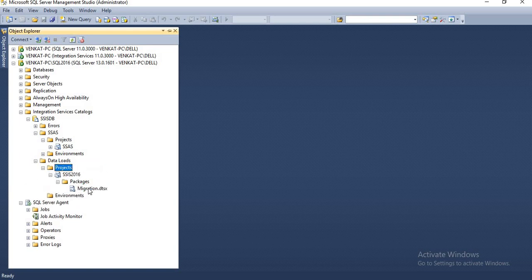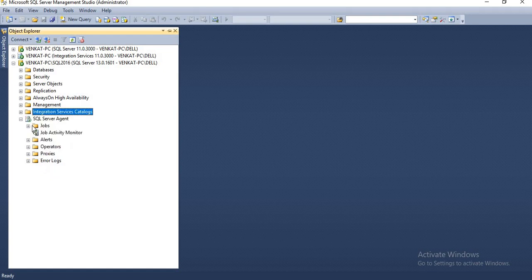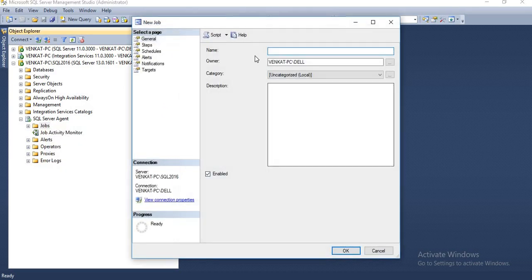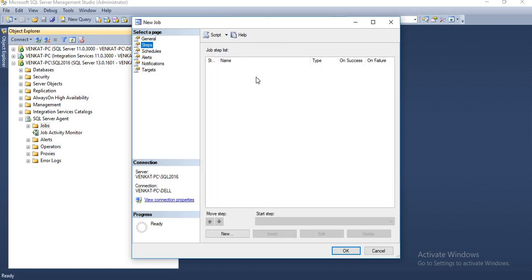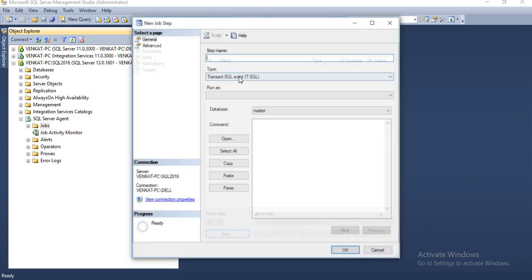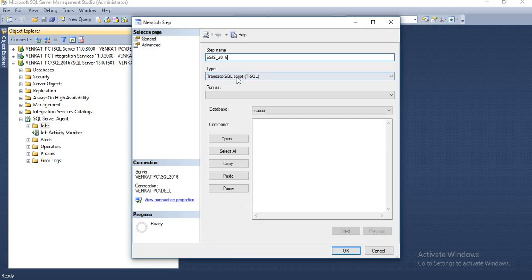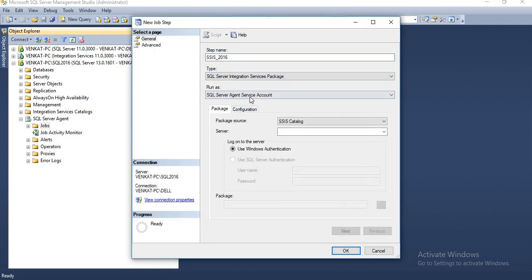Okay, so now let's create a job here. The package is ready and deployed in SSIS 2016. Now let's create a new job. Click on new job, and now SSIS 2016. I'm just simply creating the name, it doesn't matter, just for us to identify the purpose of the job. So let's select this job, select the type as Integration Services package.